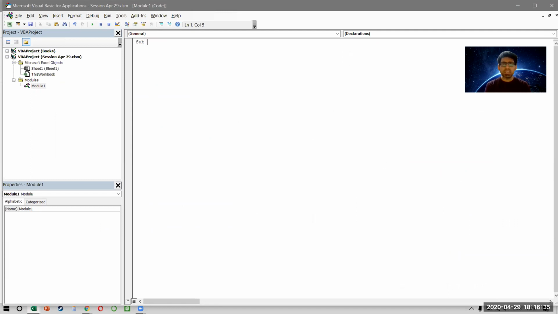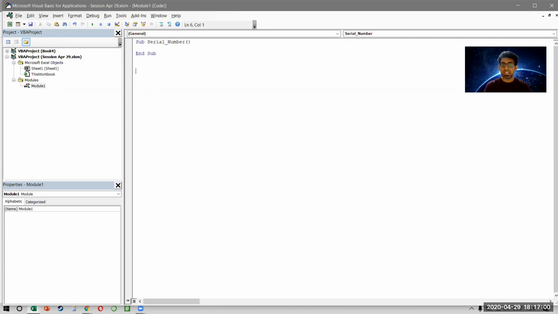What is the name? We can give any name we want, but the name cannot have a space in it. So I will call this serial_number. Remember, the reason I'm putting an underscore is because you can't put a space inside it. Now, how do you close the subroutine? You will put an open and close parentheses. And when I press enter, you notice that end subroutine will come automatically.